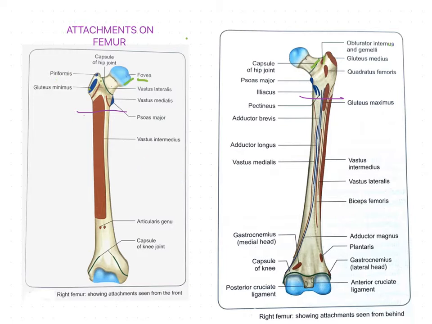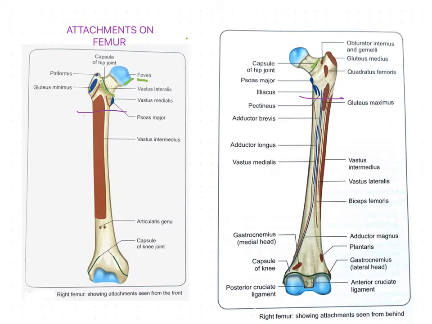femur. And now we'll see the intertrochanteric line. This intertrochanteric line gives origin to two muscles and attachment to two ligaments. Two ligaments and two muscles are getting inserted here, originating here. So what are the muscles which are originating? If you see along the intertrochanteric line, we'll have the attachment